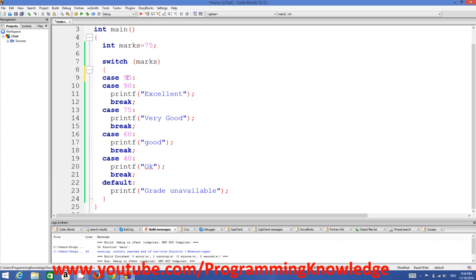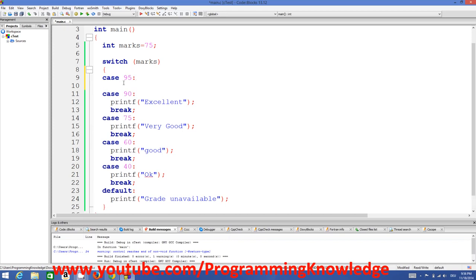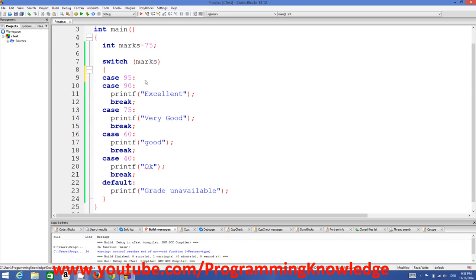Okay, so if the mark is equal to 95, it sees here case 95 and it jumps to the next case, because it's not breaking anywhere, right? If there was a break keyword here, then it would jump out of your switch code. But because we are not giving this break, it jumps to the next condition and executes the next statement,